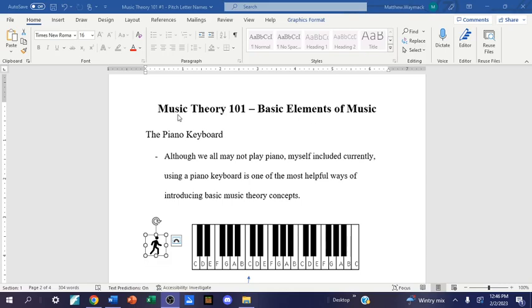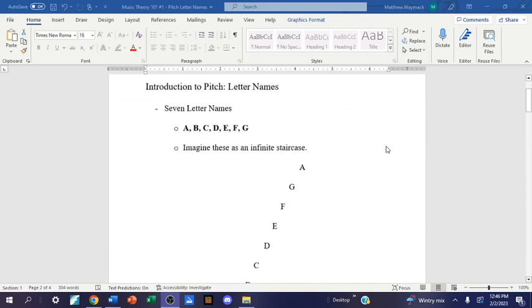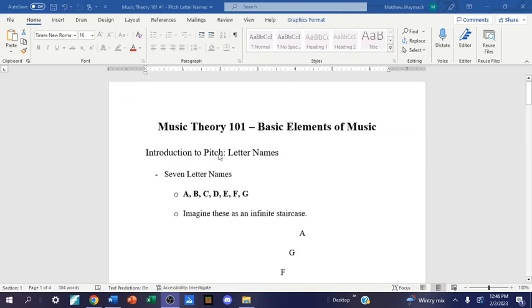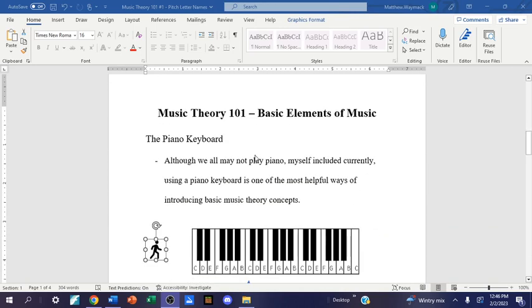Alright, welcome back to Music Theory 101, the basic elements of music. In our last lesson we looked at a basic introduction to pitch and letter names, and in this one we're looking at